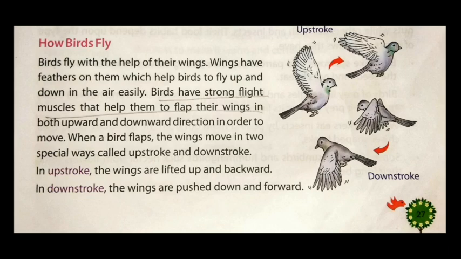Wings have feathers on them, which help birds to fly up and down in the air easily. Birds have strong flight muscles that help them to flap their wings in both upward and downward direction